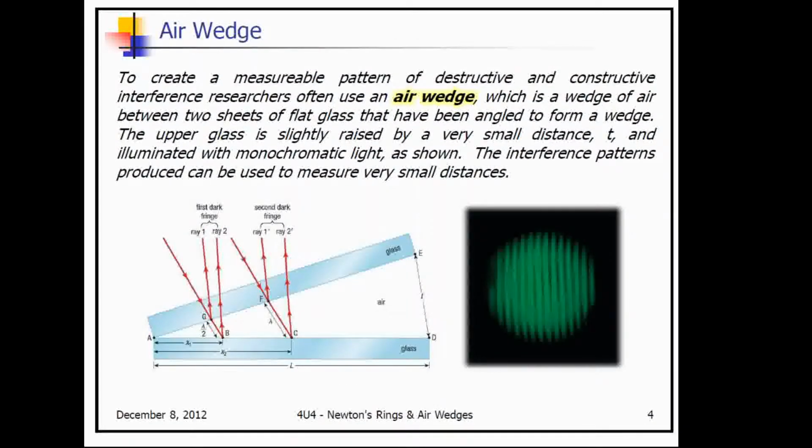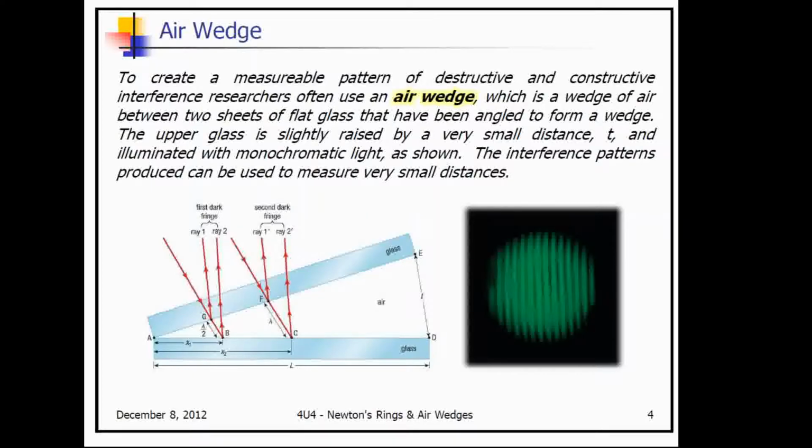Now, we're going to talk about another phenomenon that occurs with air wedges. This is similar to what I was doing earlier with the two slides. If we have two flat glass surfaces, and we start to close them together, we actually create a little bit of a wedge, and we call it an air wedge. So the little triangle that's formed by the air and the glass there,